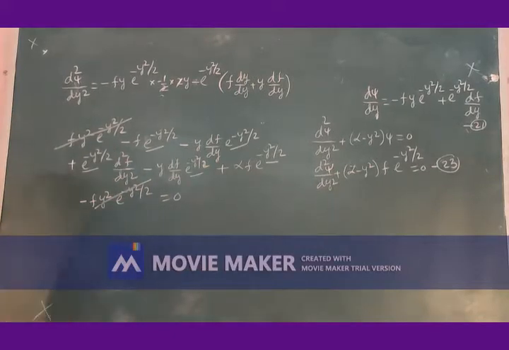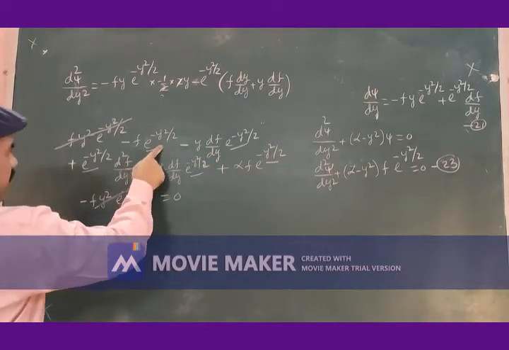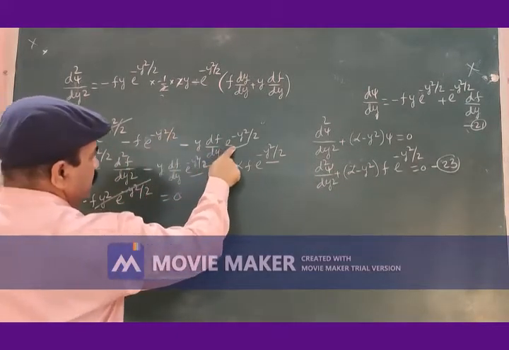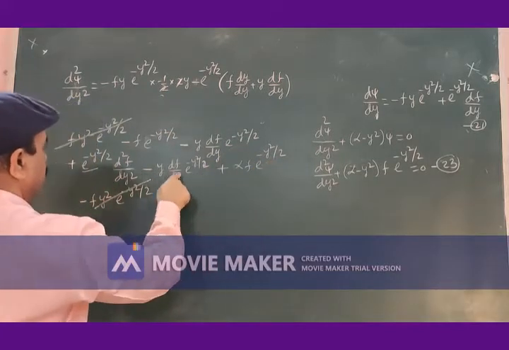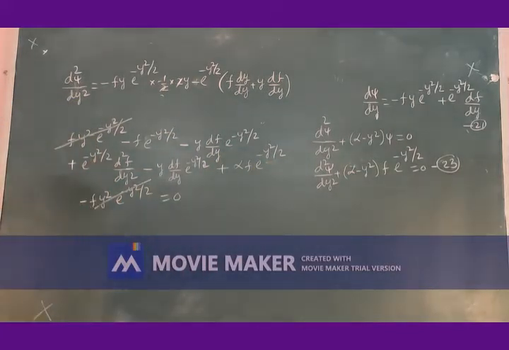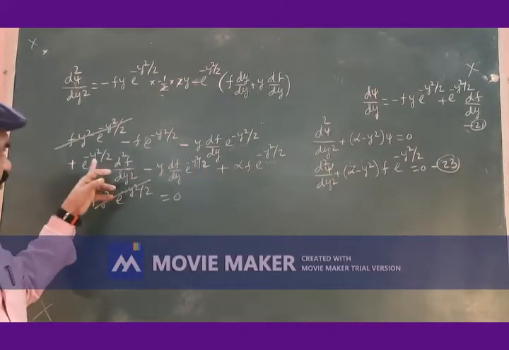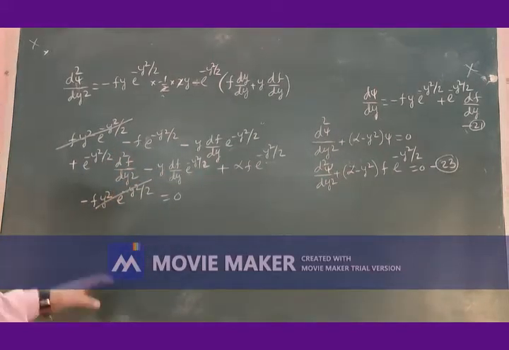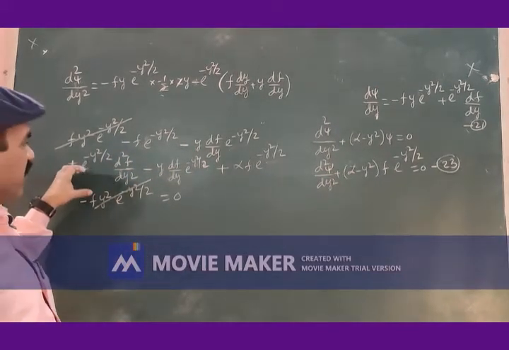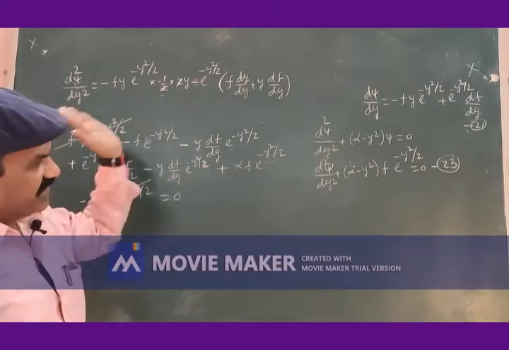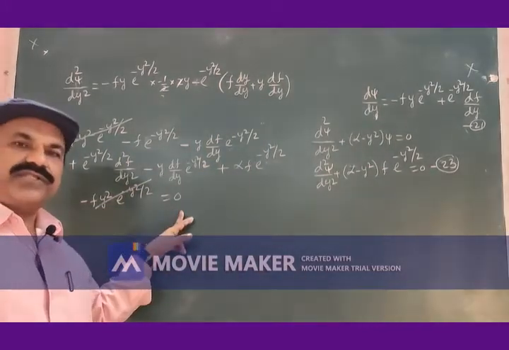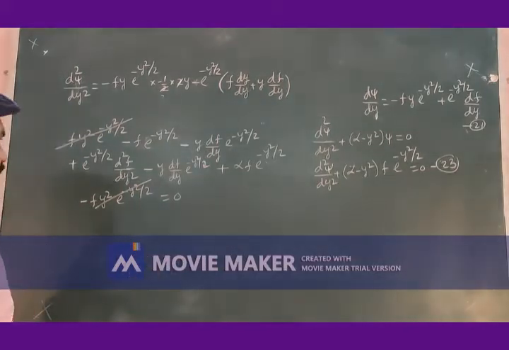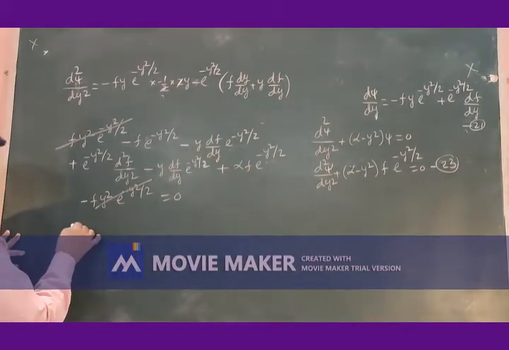In every term, e to the power minus y square by 2 is there. Take e to the power minus y square by 2 common from all the terms and send it to the other side; since it is 0, it will remain 0 only. What is left is this one,